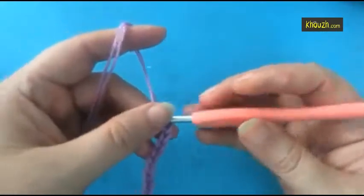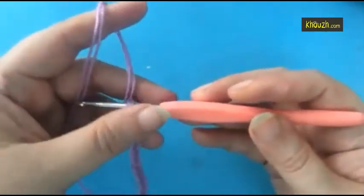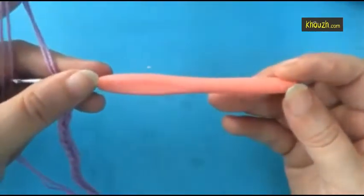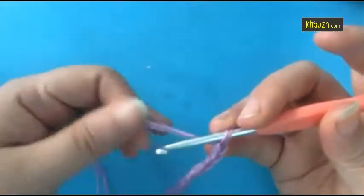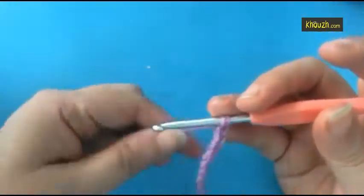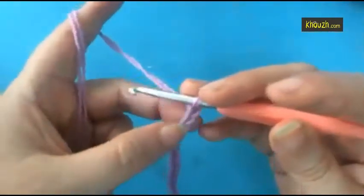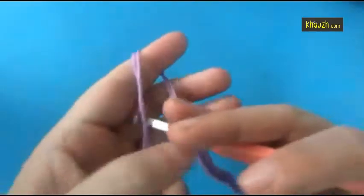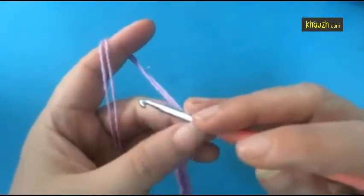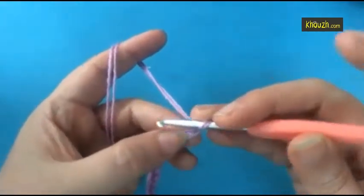Today I will teach you how to make a little cute baby shoe for 0 to 3 months. I am using a 4 mm needle and 4 ply wool. So I made 15 stitches, 15 chain. Make 15 chain, then skip the first one, and in the second make